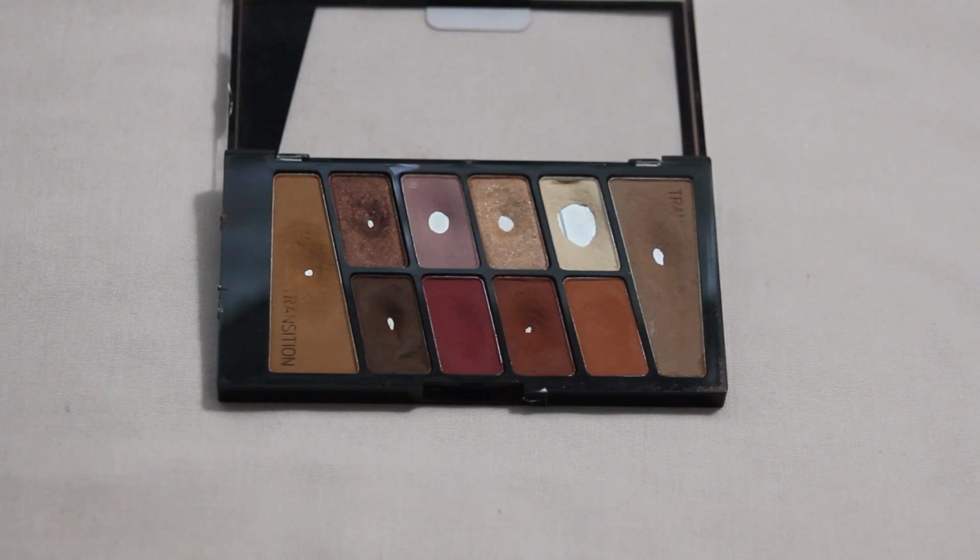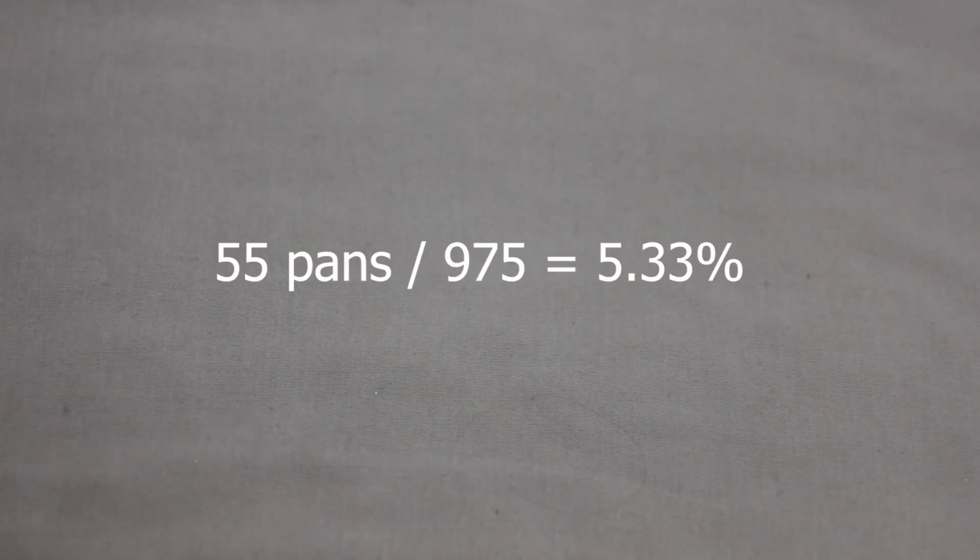I used it kind of in my outer corner mostly, and sometimes I packed it all over the lid when I use this shade, but I really do love this palette. As you can tell, I've used it quite a bit. So I'm really happy to have another pan in this palette, and I'm one step closer to getting this palette 100% panned. So that makes for a total of 52 pans out of 975 shades in my collection,